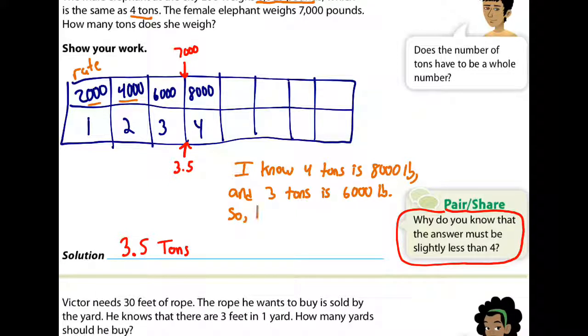So, to get the tons in 7,000 pounds, oops, not 7,000 B, 7,000 pounds,